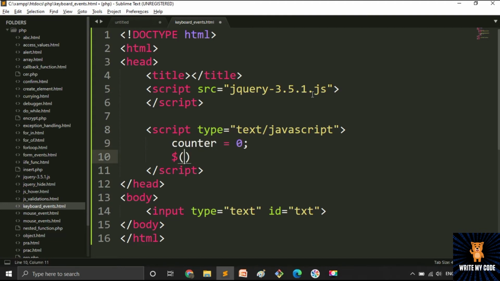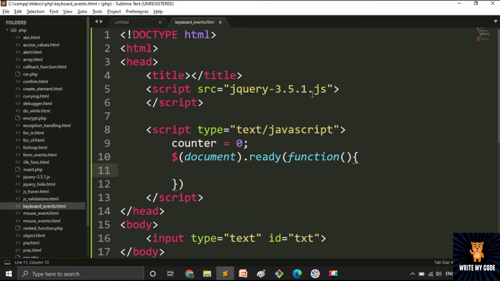Now, document.ready means that when our document is fully loaded, we will implement our function. The first important thing: place a semicolon over here at the end. If you forget to place the semicolon, then the script will not work. So keep a habit to first place the semicolon before writing the code, because if the code is lengthy, at the end you will forget to place the semicolon and your script will not work.